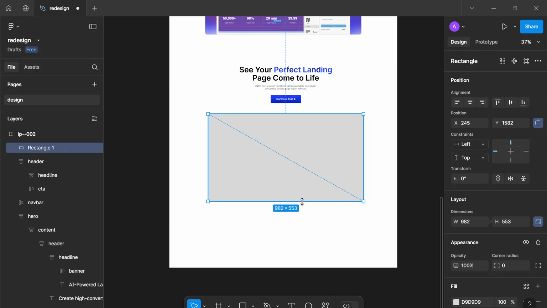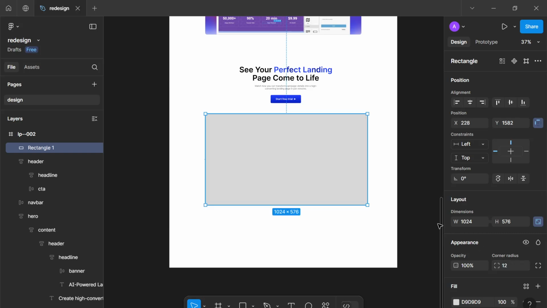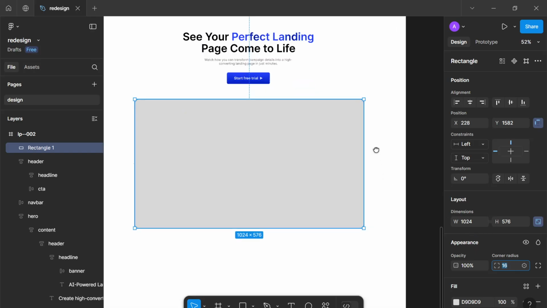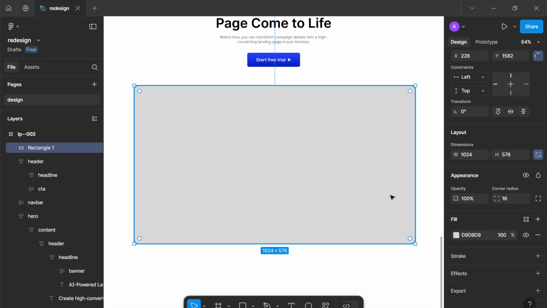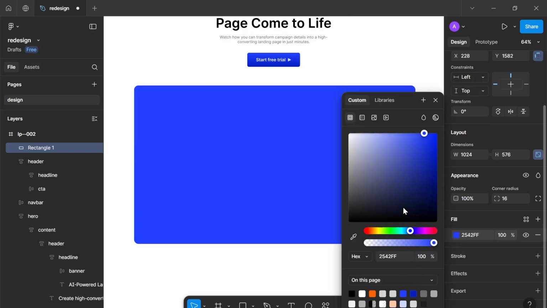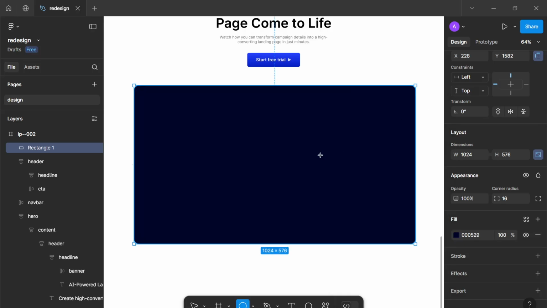So, okay, just around here, 1024 maybe, to make it consistent. And let's give it some corner radius around 12 or 16 maybe. Yeah, 16 I think works nice here. So then let's make it more interesting instead of just leaving it as a square here. So let's just give it some color, a darker tint of the blue which we've been using, and just to